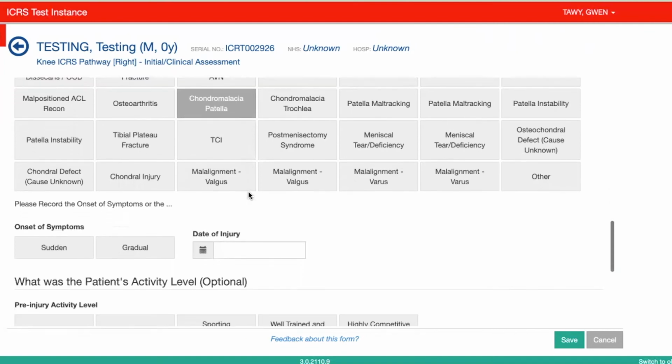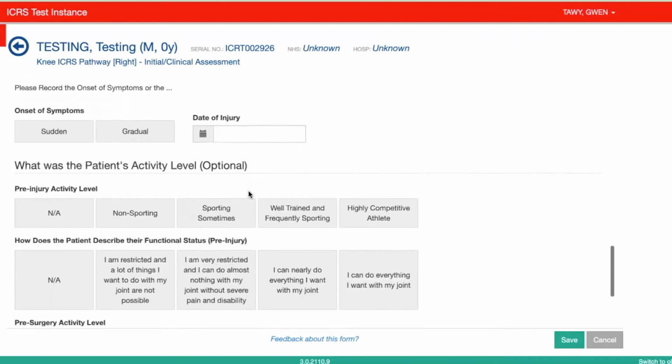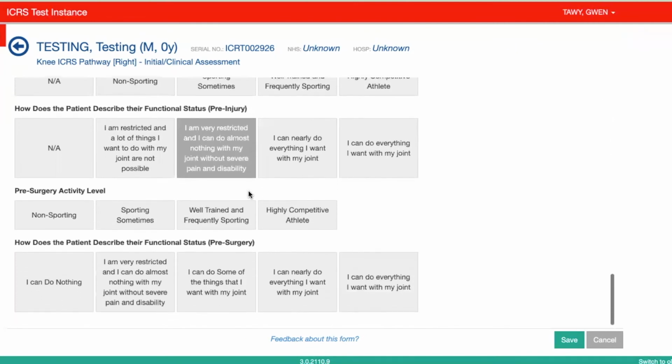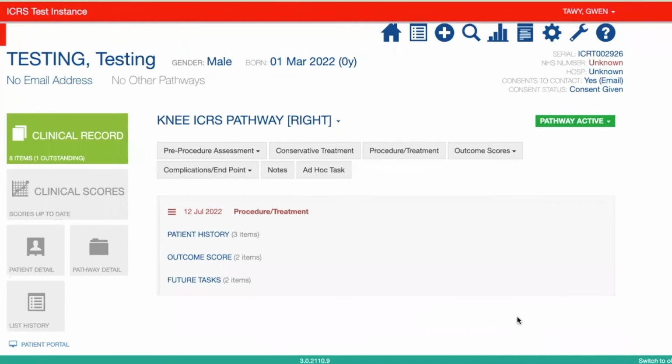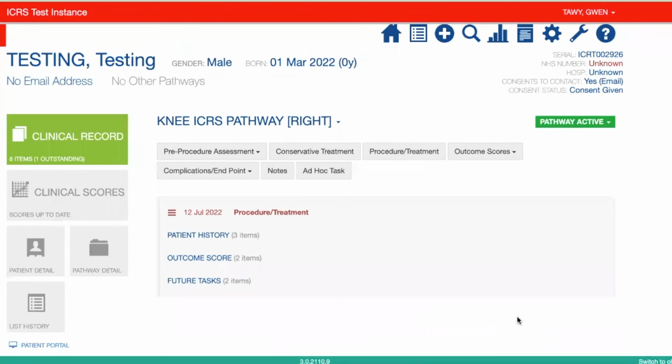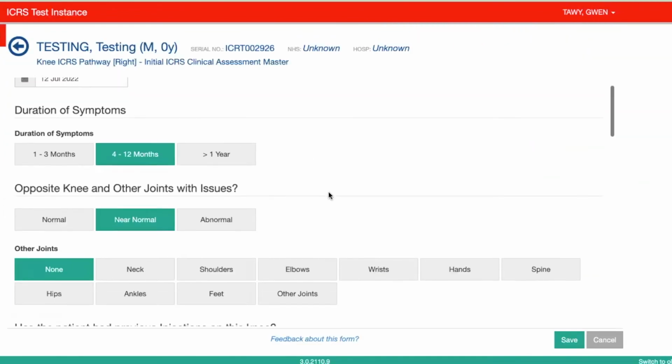And then there are some more optional questions that you can answer if you have the time. But if you don't have the time, then that's okay. You can also go back to complete those optional questions at a later date. So say that you've come back at a later date and you just want to add a bit more information, you can go back into the form this way